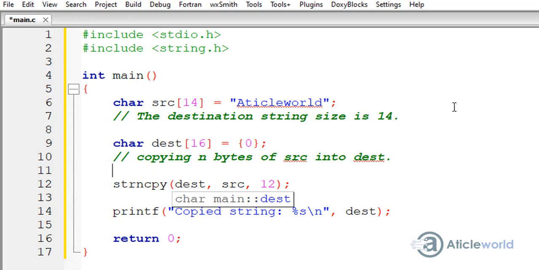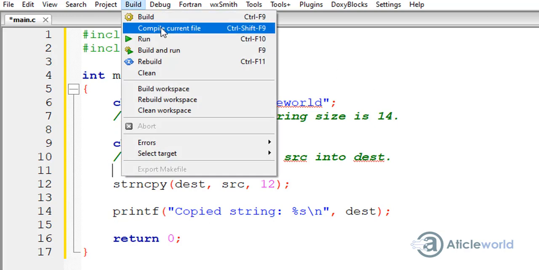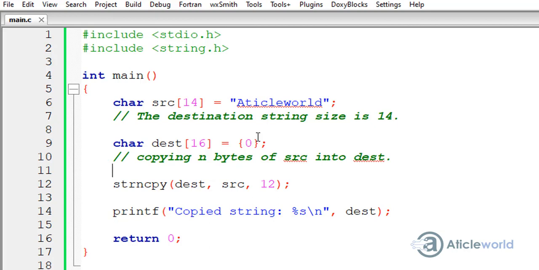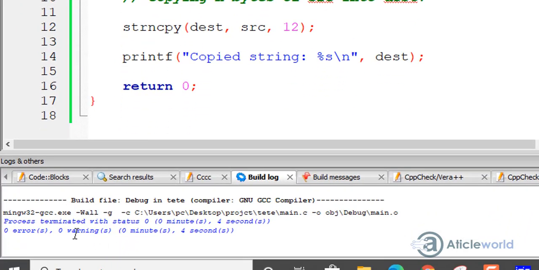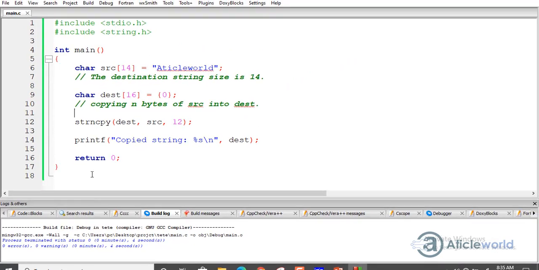So let's compile this program and see its behavior. You can see here I'm not getting any warning or any error. So now it's time to run this program.